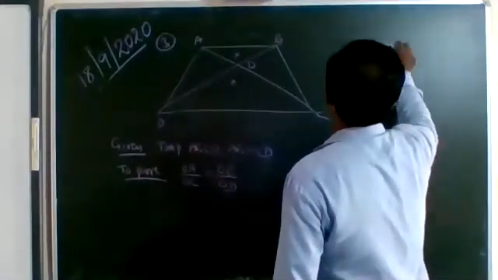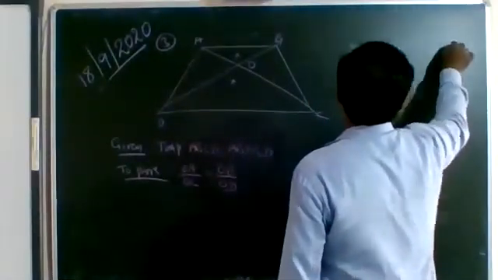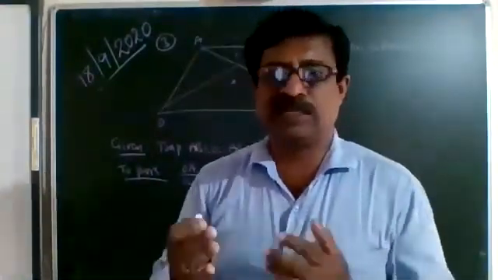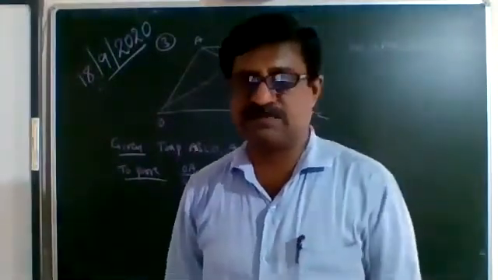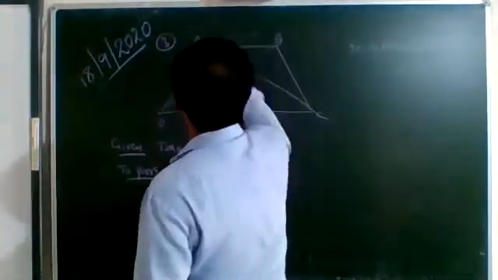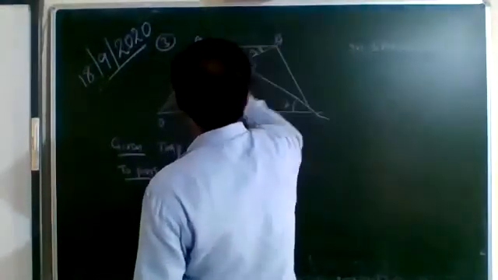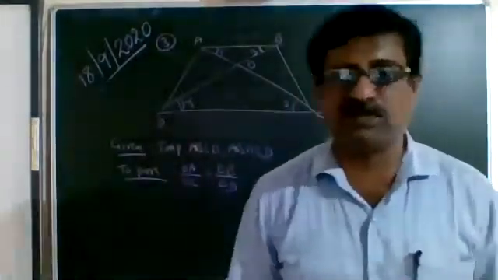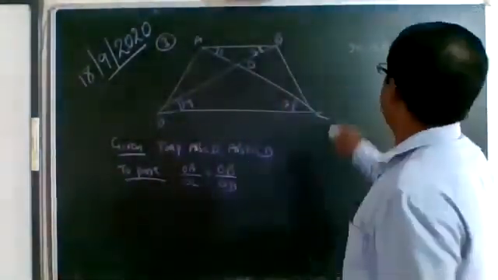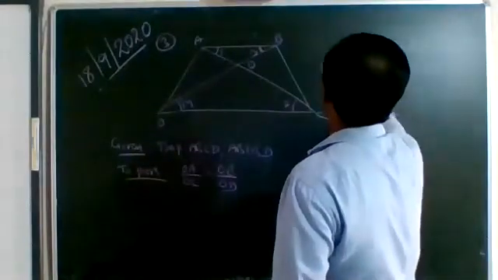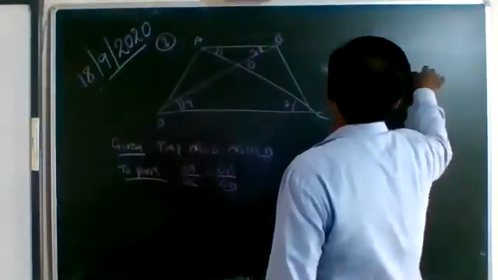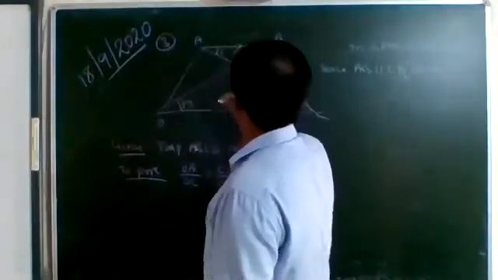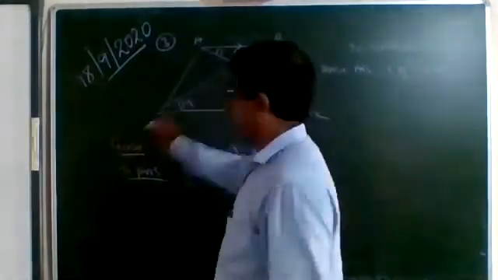In triangle AOB and triangle COD, we take these two triangles. Whatever matching parts these two triangles are having, we will mention them. If I am naming the angles as 1, 2, 3, 4, then whatever angles are equal, we have to name them. AB and CD are given parallel. Given that AB and CD are parallel, AC is a transversal.